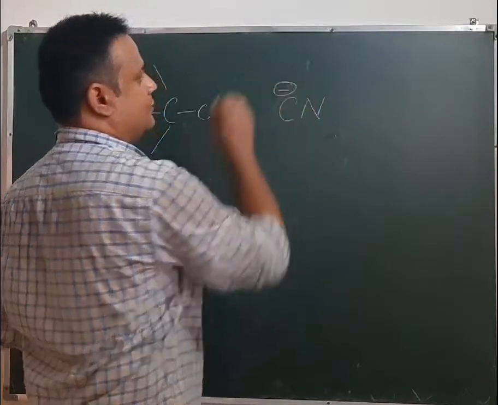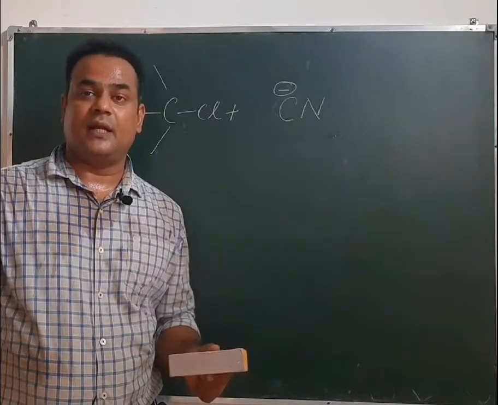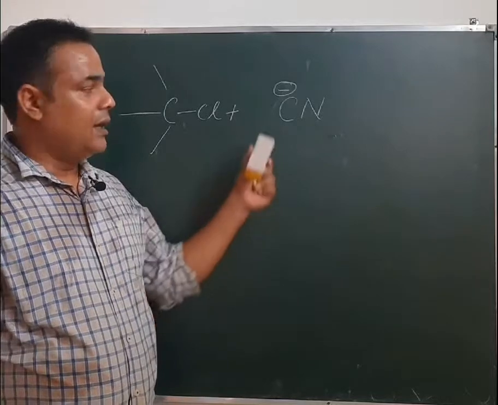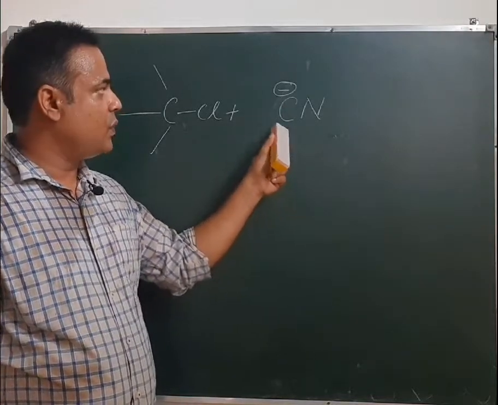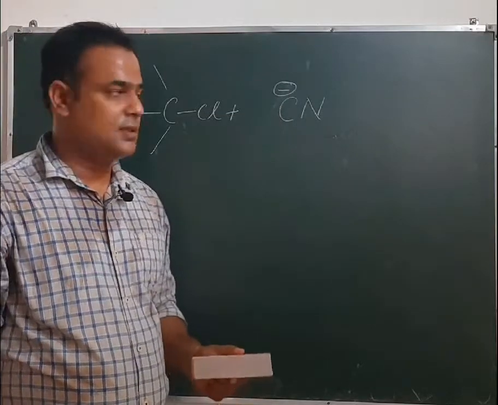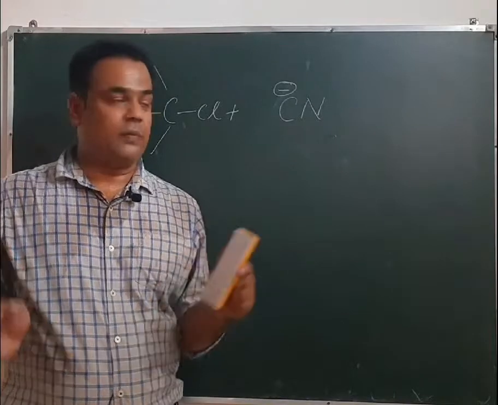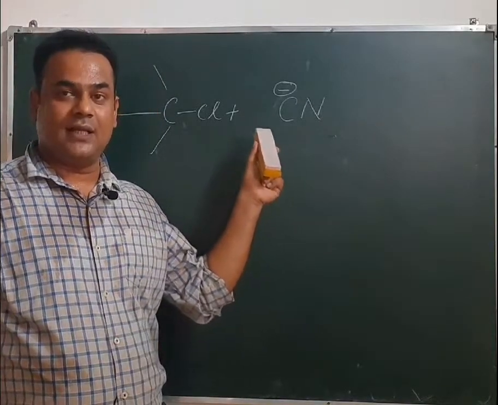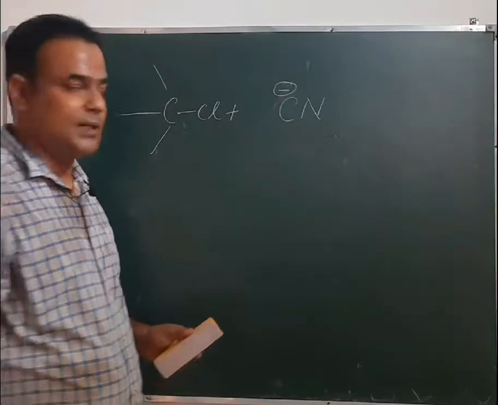on this carbon atom. Why not on nitrogen atom? That can be explained by MOT, molecular orbital theory. Due to the high stability of the negative charge on carbon, it acquires the negative charge. If I start to discuss that point, I will deviate from my topic. So remember that when we take NaCN or KCN, the negative charge is present on the carbon atom.